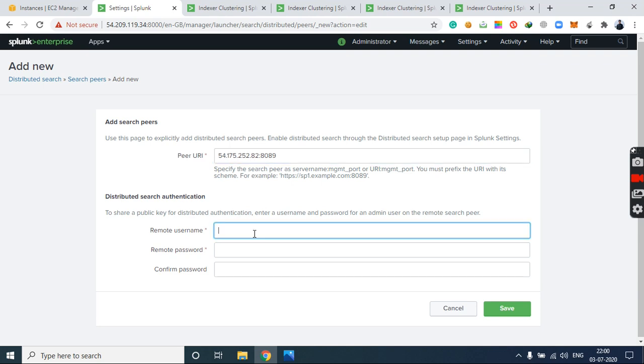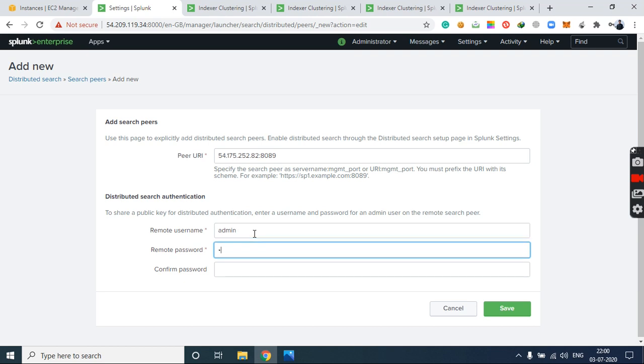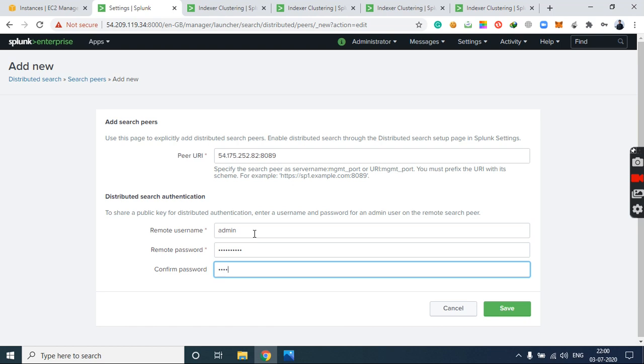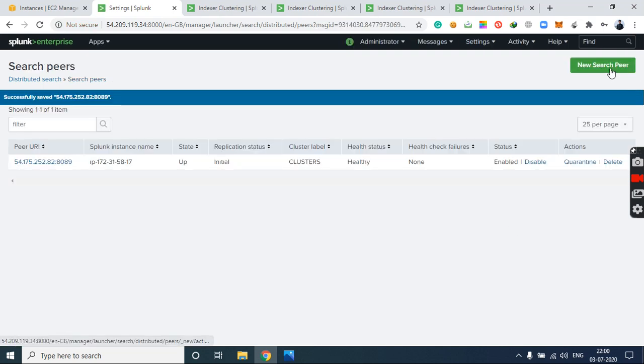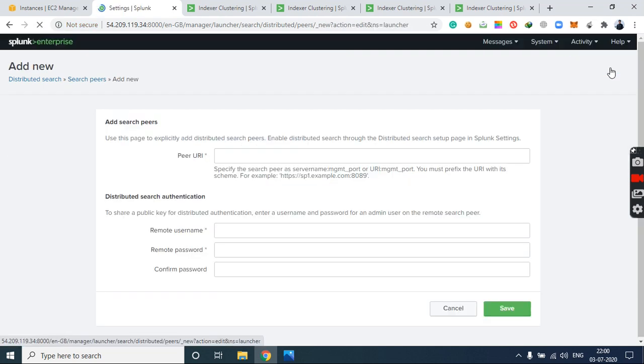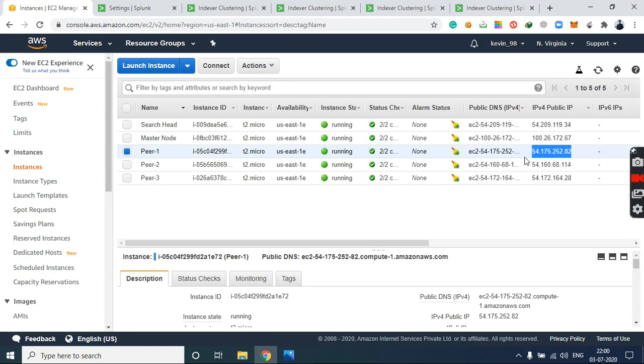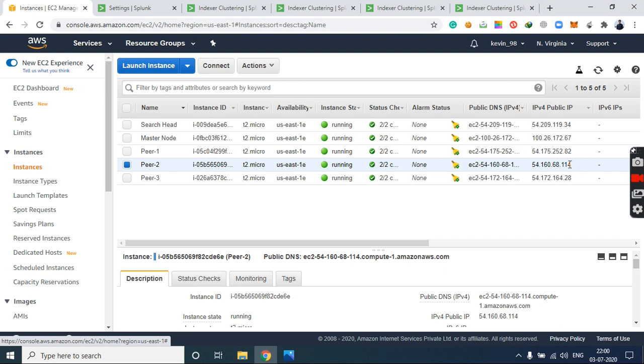Here you have to write the username and password which you set during the acceptance of the license. You have to add each of the nodes one by one. So this basically connects our peer nodes to the search head.